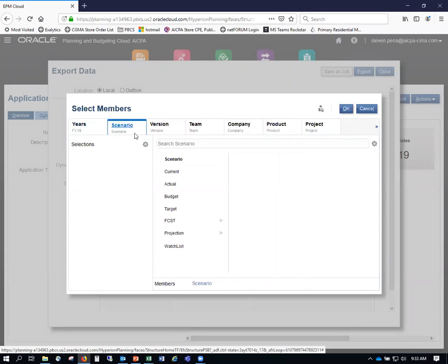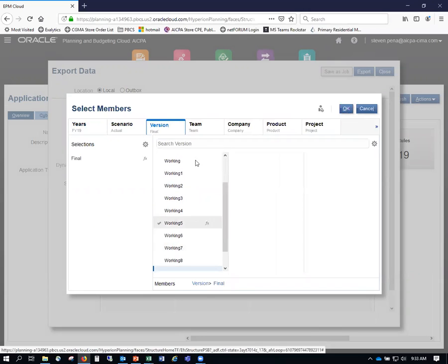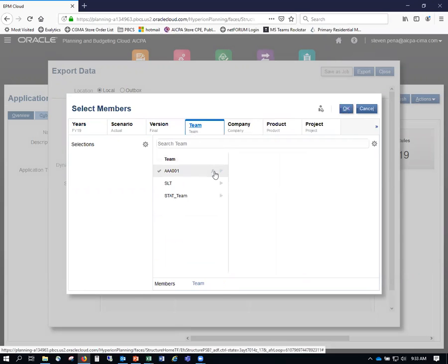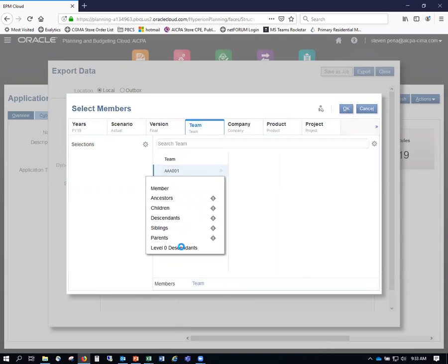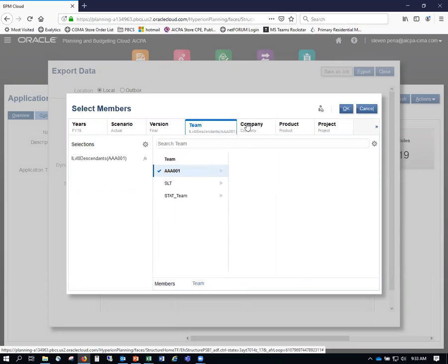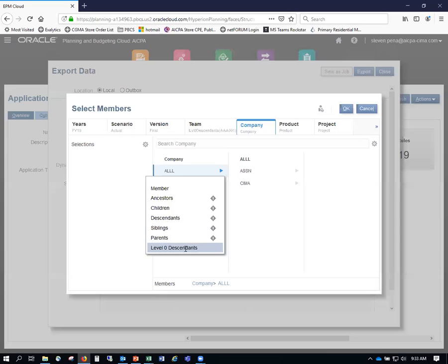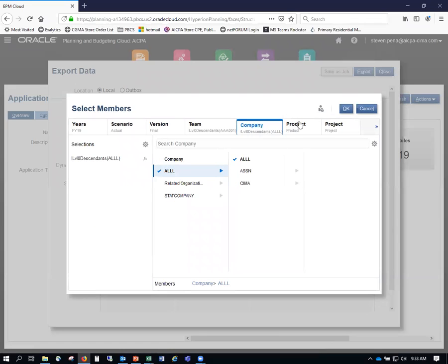We want actual results. We want the final version. We want the all teams. For this, we could choose SEMA if we wanted to, because we only load SEMA GBP data, but we're going to just go ahead and choose all descendants from the company,